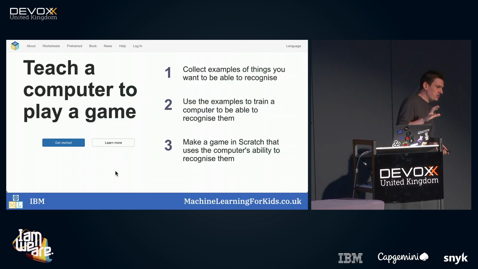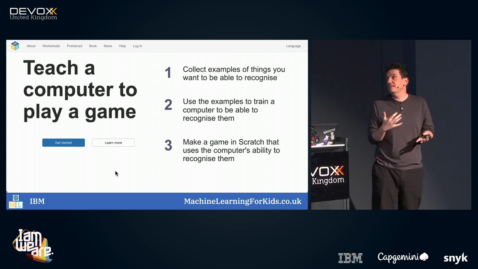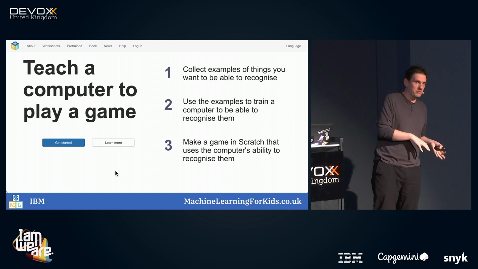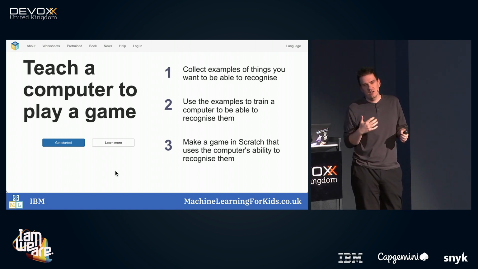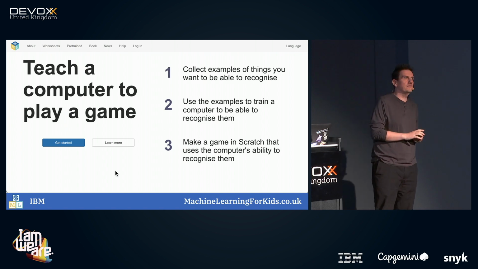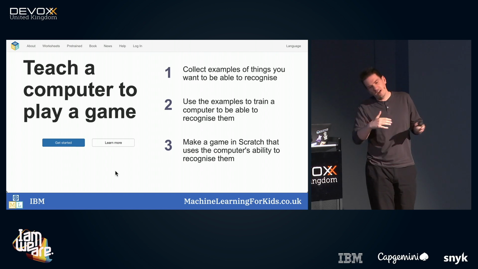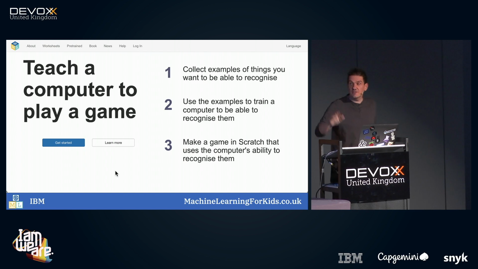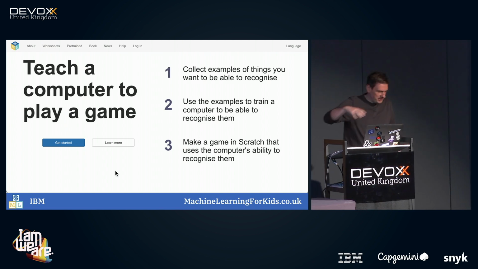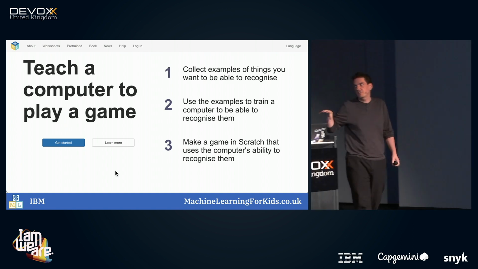But the pre-trained models are fun, and they're nice to do something really quick and easy. But what I really like is where the kids train their own machine learning models, because when they train it for themselves from the ground up, they start to learn a lot more about how these technologies behave. Actually, I'll point out some of the lessons they learn as we go through the demos. So this is the platform. It's where those pre-trained things were linked to that I was mentioning before, but machinelearningforkids.co.uk.